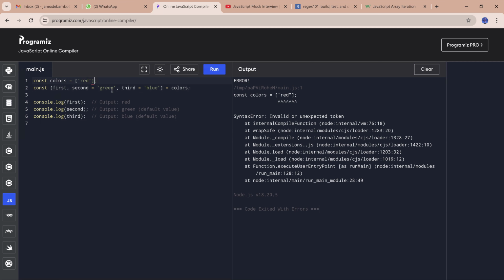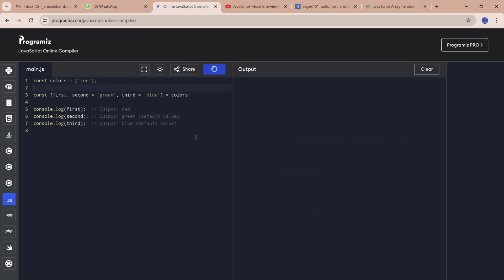Why is this grayed out? Oh, okay, the comma. It should be like that. Yes. So if I run it, you will see I have red, which is this first one, then